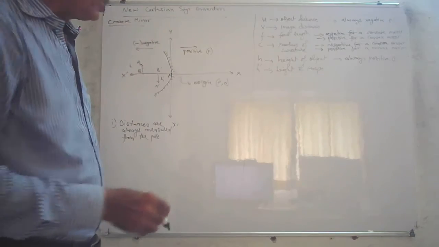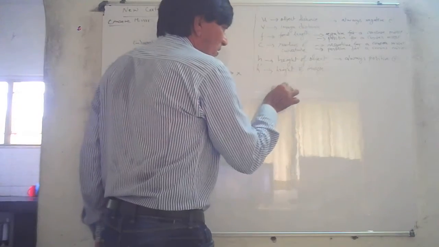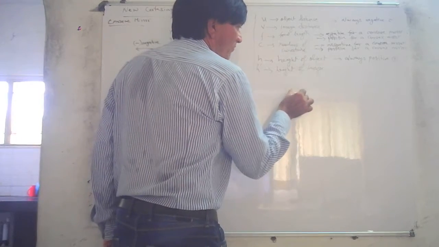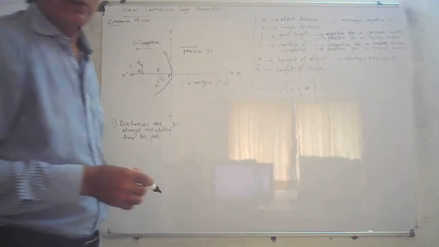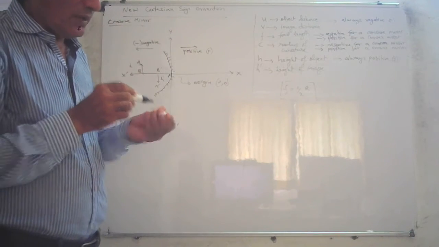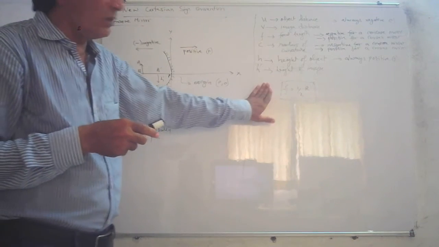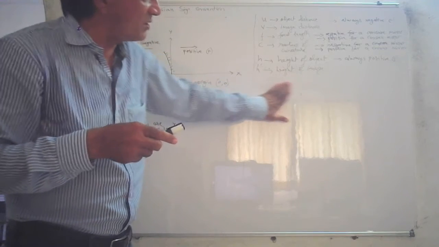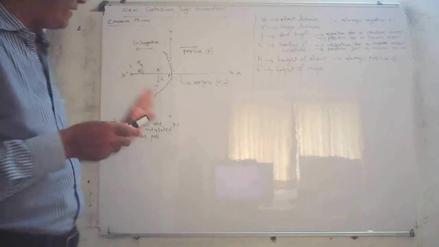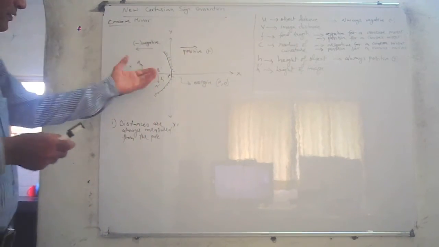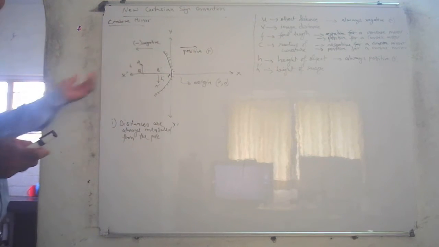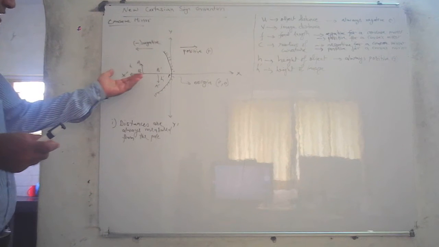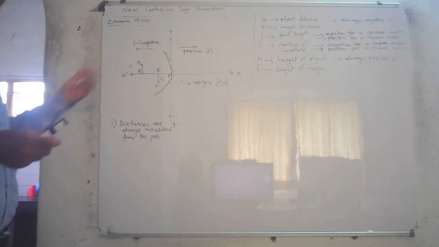Now, radius of curvature: you must also understand that focal length is always equal to half the radius of curvature. This is another formula that I'll explain later. Just understand this one, that focal length is always half the radius of curvature. So for a concave mirror, the object is on this side, the focal length is on this side, the center of curvature is on this side, and they will all be negative.